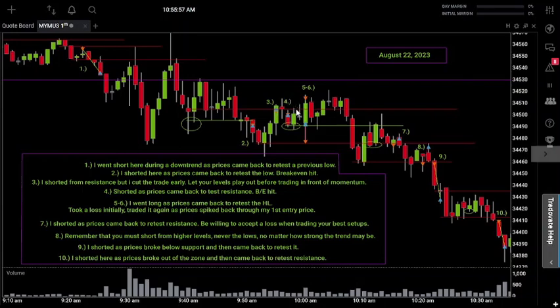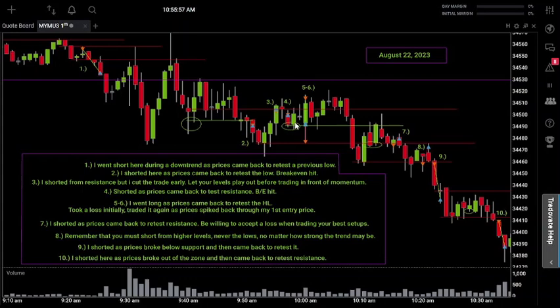So then that brings us to trades 4 and 5. So notice how after trade 4 got hit for break even, we actually created a higher low right here. Notice how prior to this, the first higher low that we created a little bit earlier was almost at the exact same level that this next higher low got created at. So that's not a coincidence by any means. That right there is telling us that all of the buyers, for whatever reason, are buying at this level, and they're supporting it for this one particular moment. It doesn't mean that the support would last forever, but for that specific time period,